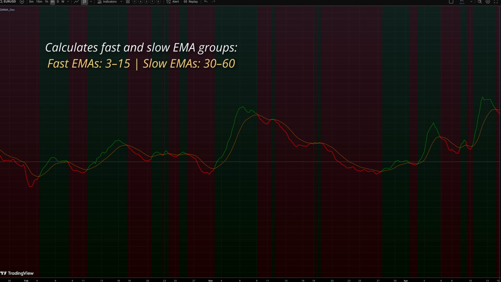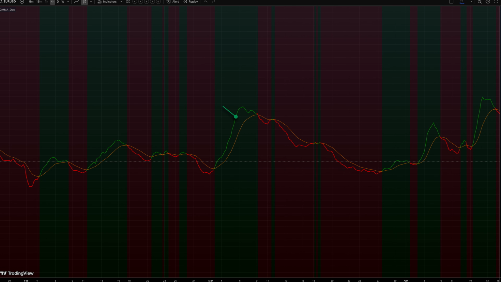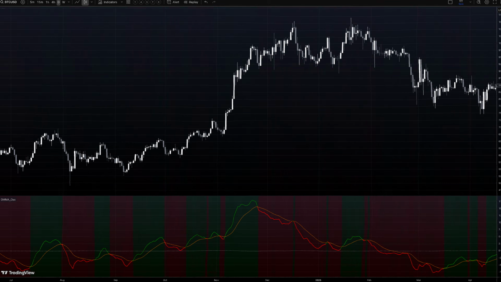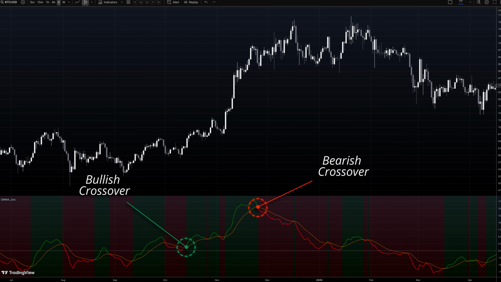The indicator calculates two groups of exponential moving averages, 6 fast EMAs, representing short-term trader activity, and 6 slow EMAs, tracking long-term investor behavior. The oscillator line shows the percentage difference between these groups, while a signal line uses exponential smoothing for crossover signals. Trading signals generate when the oscillator crosses above the signal line for bullish conditions, or below